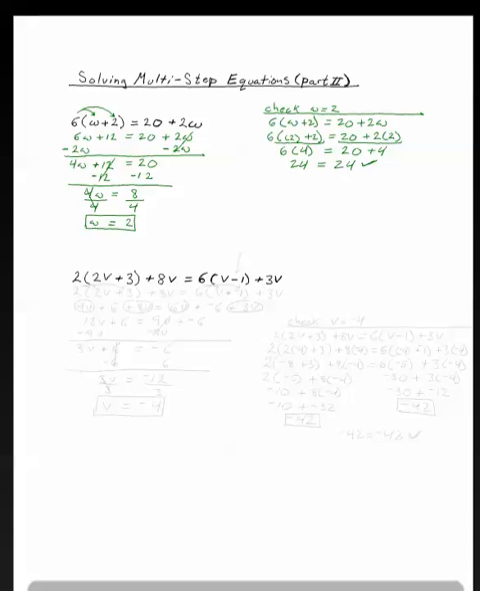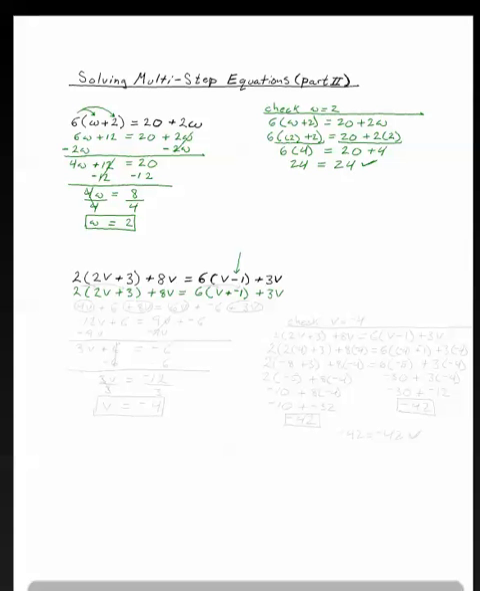Our second equation. We start with step 1, which is change subtraction to addition of the opposite sign. And we do have a subtraction right there where it says v minus 1. So we're going to change that to v plus negative 1. So we get 2 times 2v plus 3 plus 8v equals 6 times v, and then minus 1 changes to plus negative 1